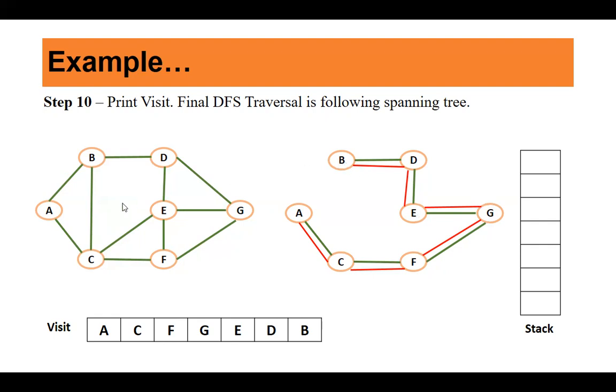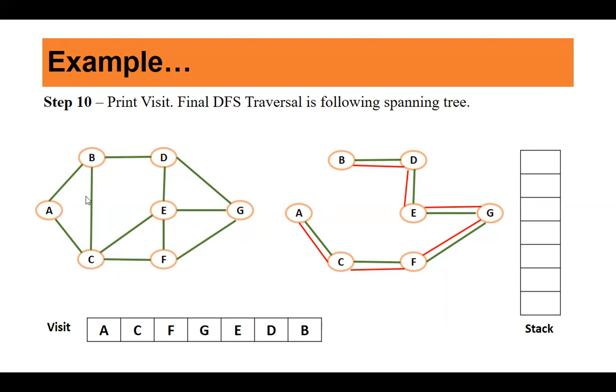You can see for this graph, this is the DFS, the depth first traversal of the graph, which is the spanning tree. Fine. Why spanning tree? Because it is visiting each and every vertex of the graph once. Fine. And your stack is empty. It's very simple. What we are using here is a stack. You push in the starting vertex onto the stack, and then you pop it out. You check if it is visited. It is not visited, so add it to visit. And when you're adding it to the visit, push in its adjacent vertices onto the stack.